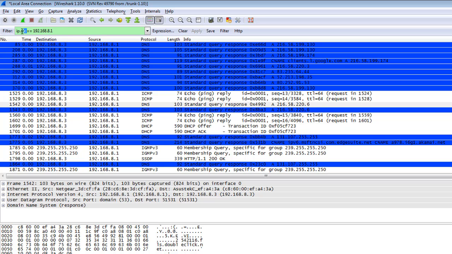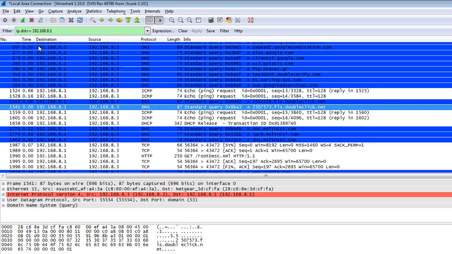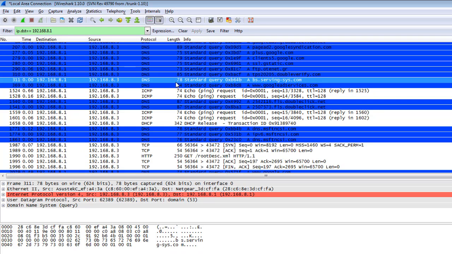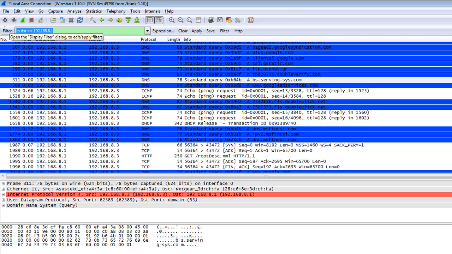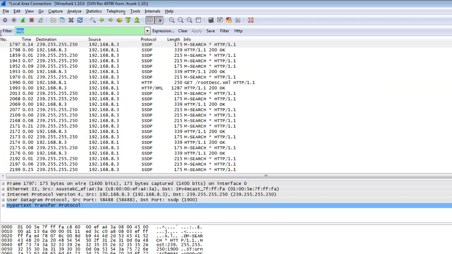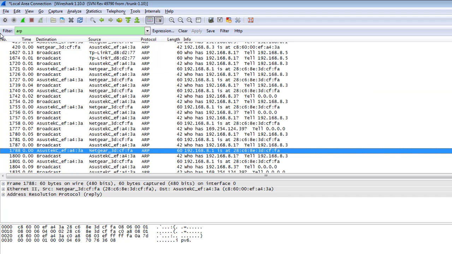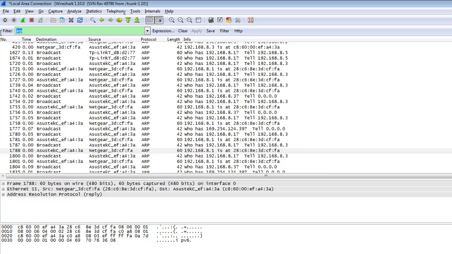If you change it here to destination, it will find the data which is sent to 192.168.8.1. You can also filter the traffic by typing the protocol like HTTP or ARP or DNS and many more.